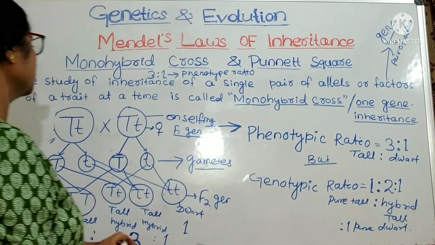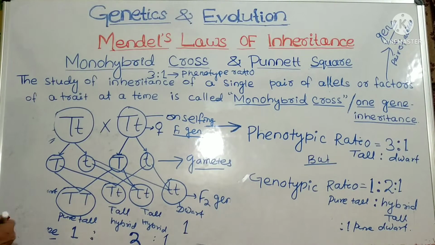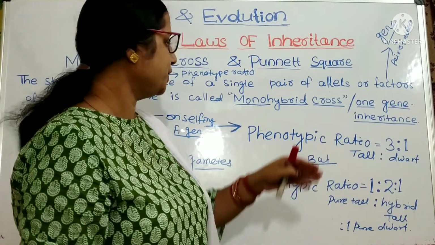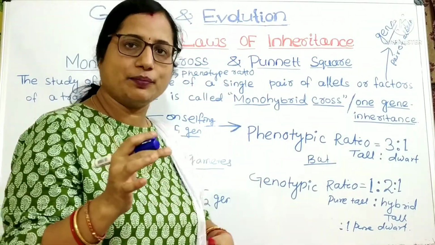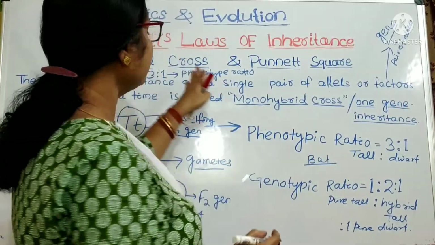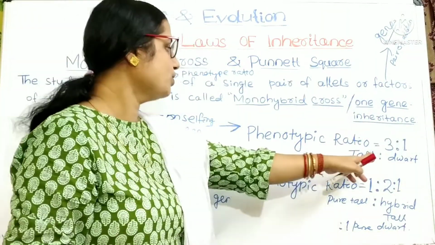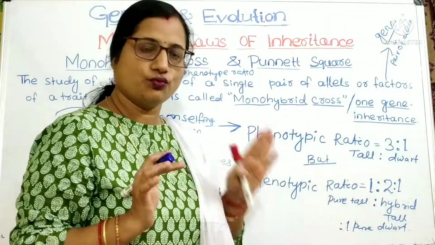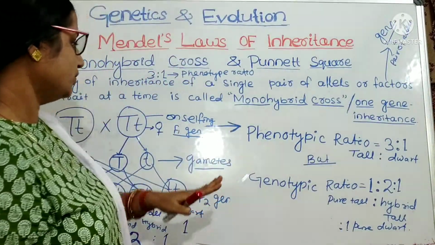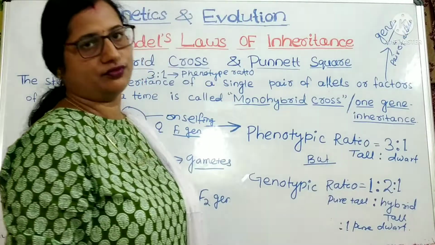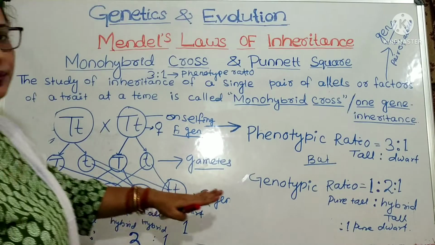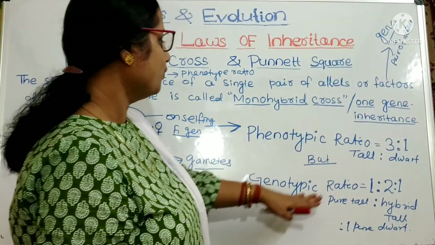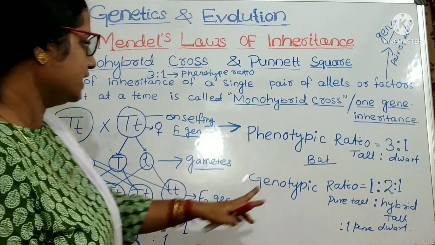So if we will study the phenotypic character, the outer morphological appearance in monohybrid cross, the ratio will be 3:1. If we will study the genotype of the F2 generation, all the hybrids of F2 generation, we can find the ratio